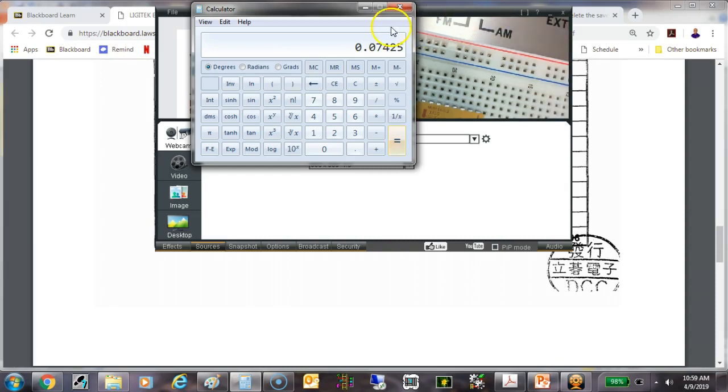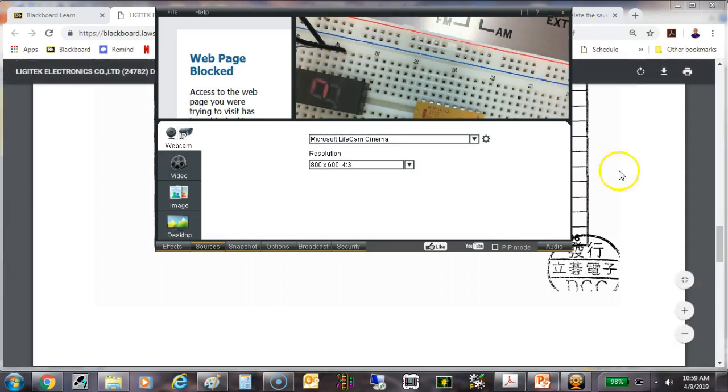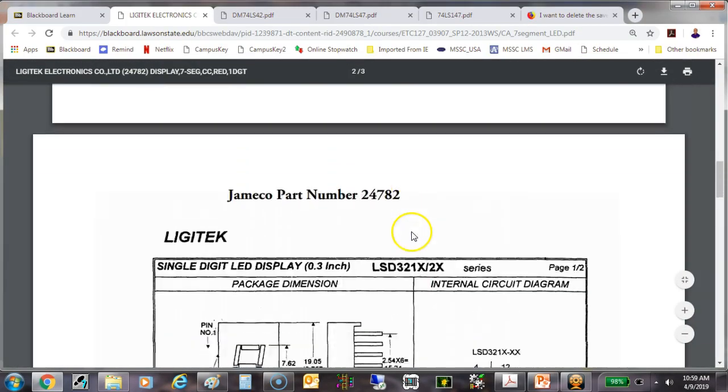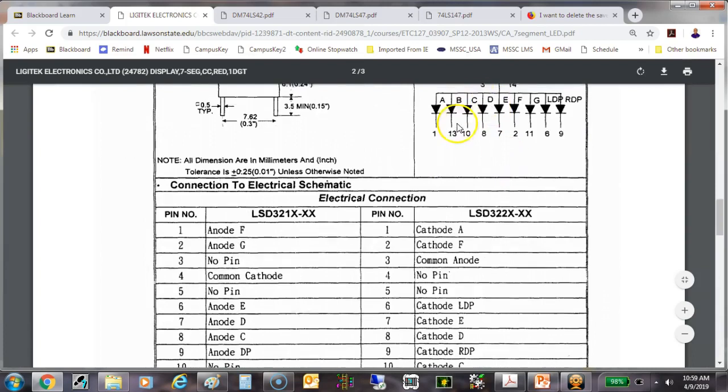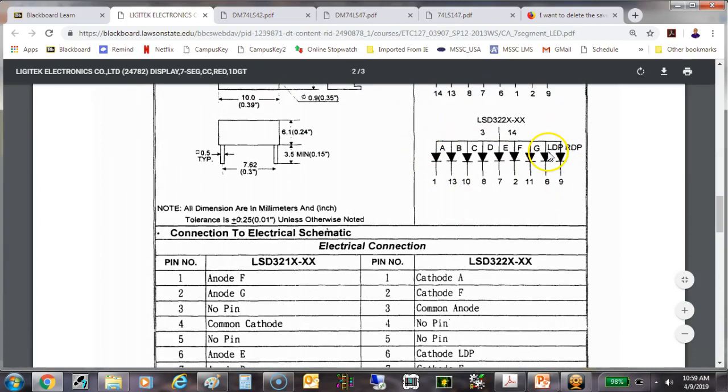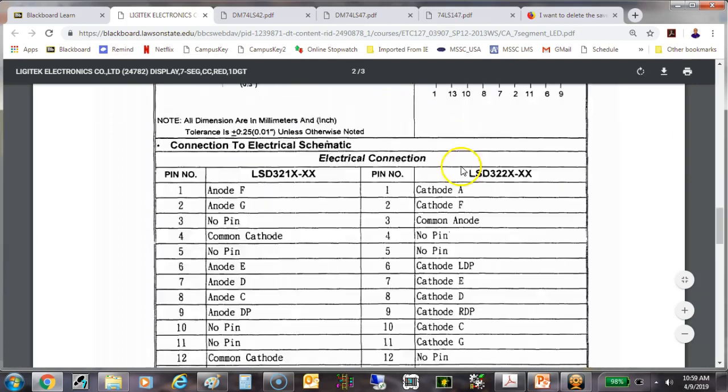So this is what we're going to use when we hook up our 7-segment display. So instead of us coming up here, we're using this guy right here, and this pin out is correct. We verified that when we went through our pins. So when we hook up our 7447 in our lab, what we're going to do now